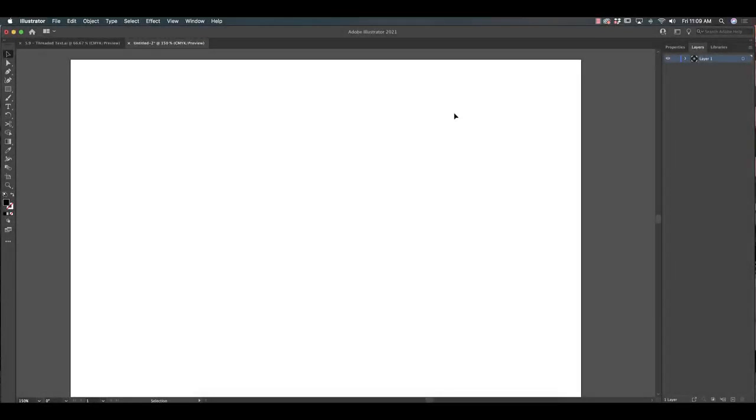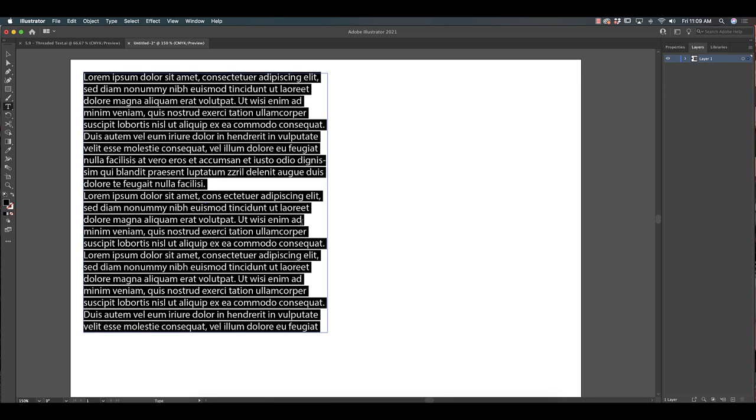Today in class we discussed two techniques for working with text in Illustrator, one being wrapped text and the other being threaded text. Let's go over how to do that. First things first, you're definitely going to need your text tool, your type tool. You're going to select it, and for these activities you're going to want area type, which just means you click and drag when you have your tool selected so you have an area or a box to put your type